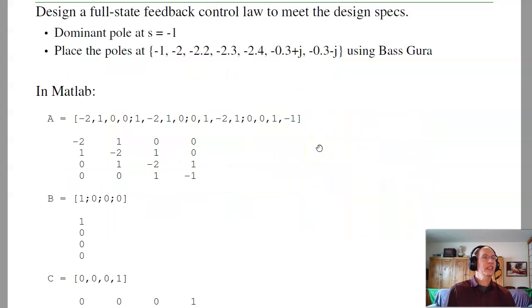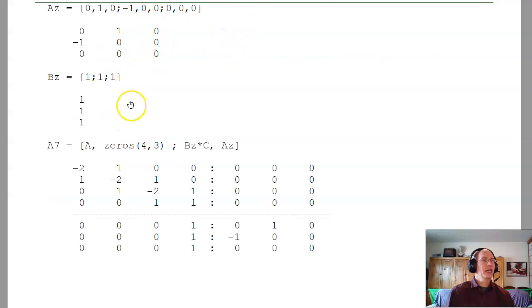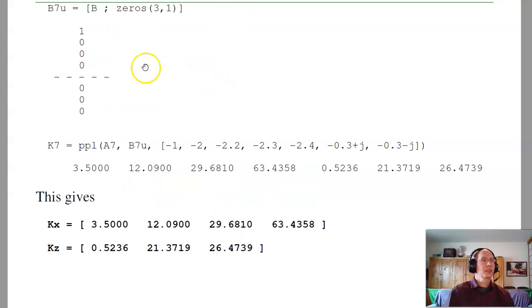Now design a full state feedback control law to meet the following design specs. Dominant poles at -1, and no overshoot. So that means the dominant pole goes at -1, and the other poles go somewhere. Let's use Bessel to place the poles. So here's your A, B, C, Az, Bz. There's my augmented system, plant and servo. My input with respect to u, and pole placement. Now the first 4 gains are Kx, last 3 gains are Kz,